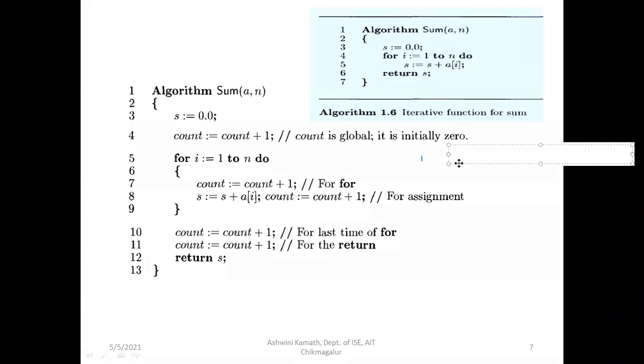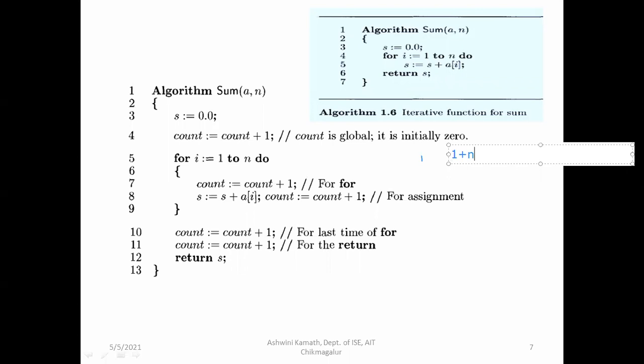Okay, so first statement, S is equal to 0.0. It will execute 1 time, right? So 1 plus, then for I is equal to 1 to n, this comparison will be checked. For the true cases, it will be n number of times.